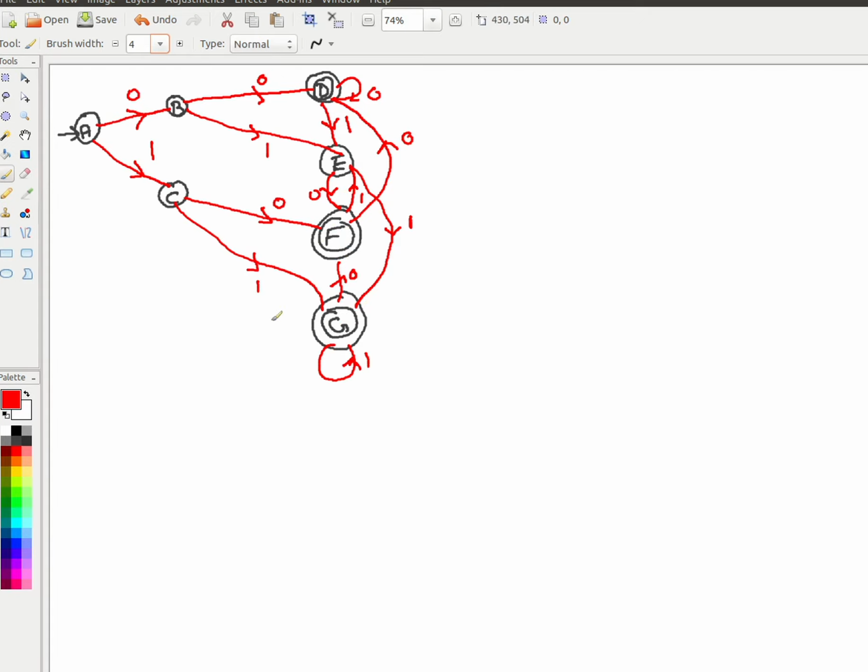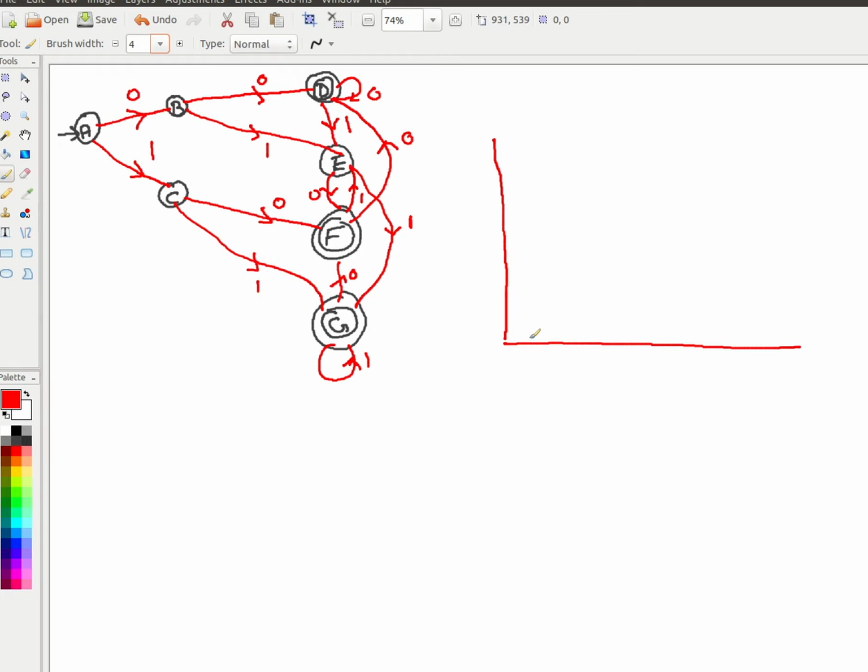So we have 3 final states, we have 4 non-final states, we have all the transitions present, and this is a DFA. We have to minimize this DFA, but before minimization, we need to find our distinguishable pairs, right? So before that, let us try to find all the pairs.